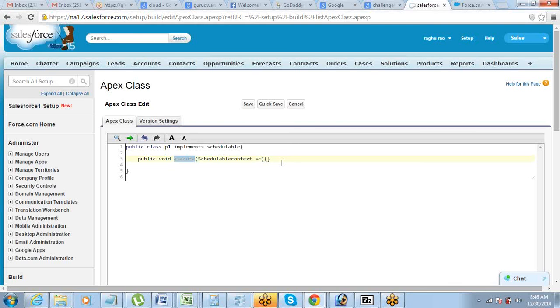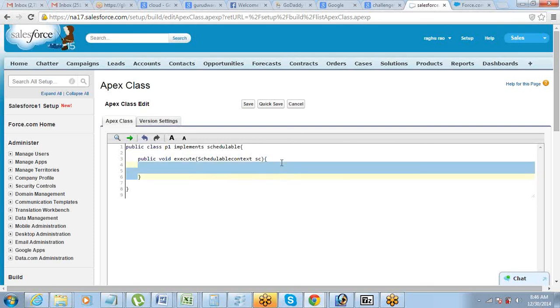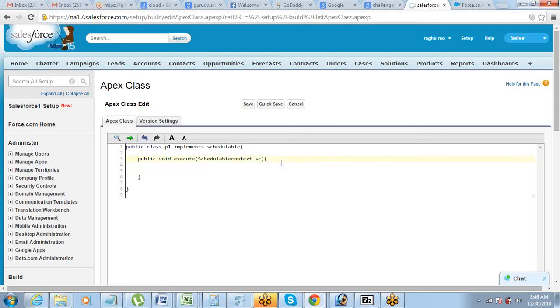So every Friday, whatever should happen should be written inside this method, basically this execute method. You want to enter a record, you want to delete something, whatever your code logic is, you put everything inside this. Now once this has been defined, it looks like a normal class, right? The way we have created other classes and other methods, it looks pretty similar. So what is special in this, and where are we defining the frequency and when the code will get executed? That is what we will define using Apex scheduler.